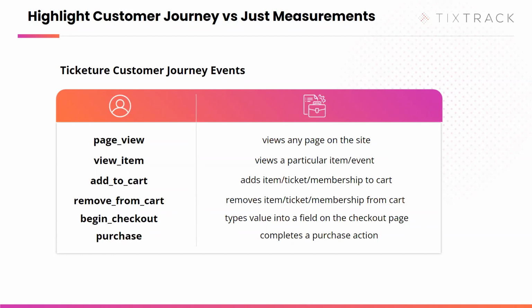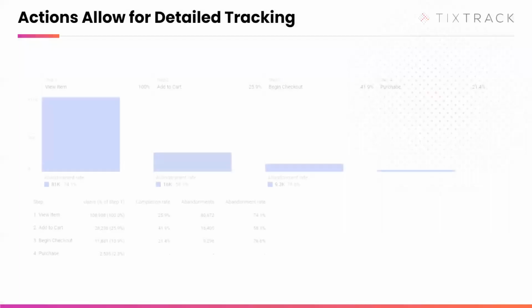And then ultimately, obviously, the purchase at the very end is the conversion, if you will. And you can mark any of these events as conversion. Some people want to say adding it to cart is a conversion, and purchase is a conversion. So you can monitor various purchase or conversion activities in the reporting side based upon, again, what you're looking at reporting. But these are the 6 main items that Ticketure is going to fire on to give you, again, that level of detail on those screens.